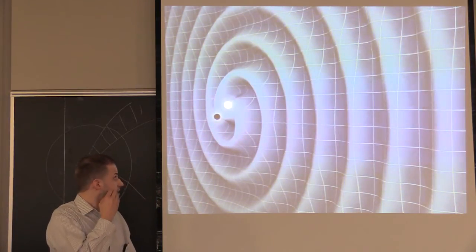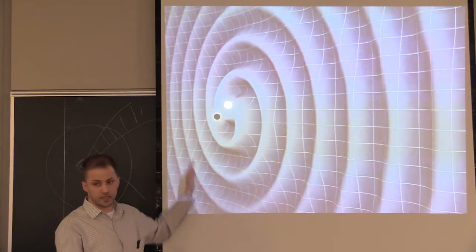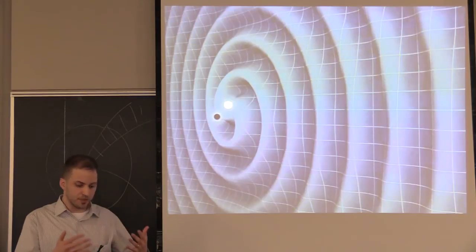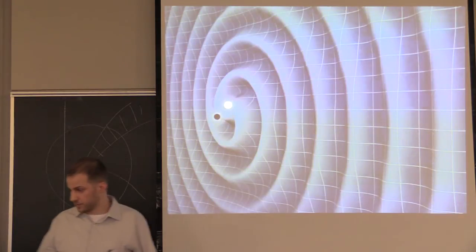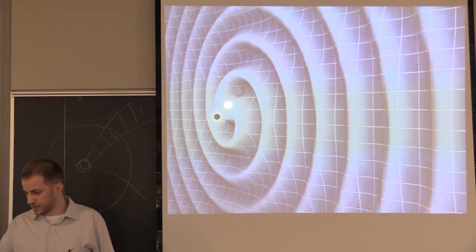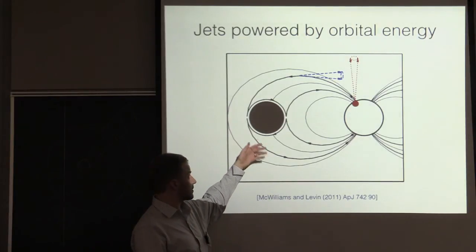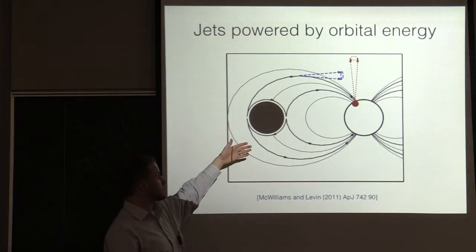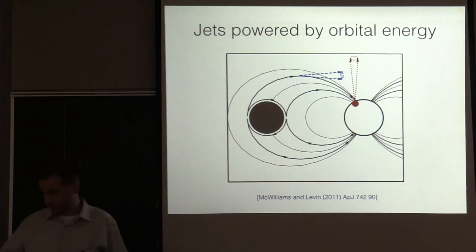Surprisingly, unlike the Blandford-Znajek jets, which have been thought about for a really long time, there's very, very little written on this, and only in very recent years. So there aren't even simple analytical models for what to expect. There's just almost nothing, just a couple of simulations recently. It raises some basic physical questions, which are fun to think about. One of the earliest people to point out that this was possible was Sean McWilliams and Janna Levin four years ago. They drew this cartoon of what I just described and said maybe, and then they did some back of the envelope estimates of what the luminosity could be for this process.